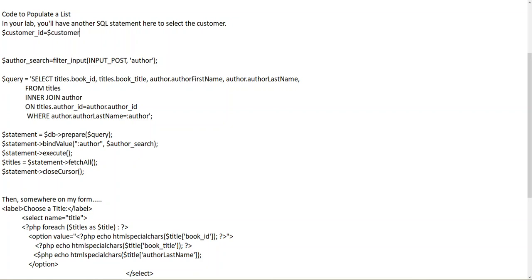So customer, I can't remember the field names. I think it's customer ID. So what you'll do is, once you retrieve the customer from the record, go ahead and dump their customer ID directly into a variable right here, because when you come to do your second one, you're going to say